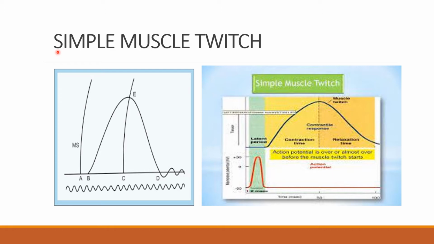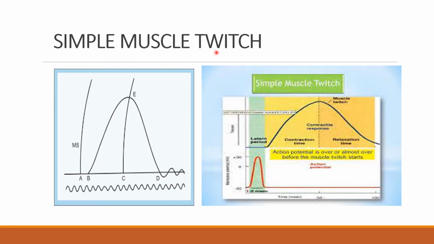When a muscle is stimulated with a single induction shock, as you can see in the picture from the previous slide, it exhibits a momentary twitch-like contraction. The response to the stimulus is a twitch, which is nothing but a contraction. This momentary contraction of muscle in response to electrical stimulation is called simple muscle twitch, or SMT in short form. The contraction recorded on a moving kymograph is known as the simple muscle curve.